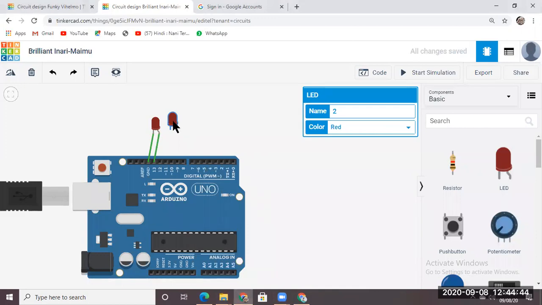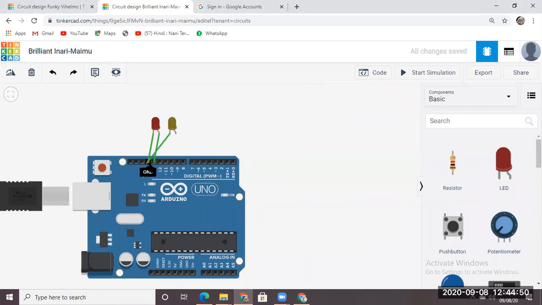We can also change the color of the LED, let's say yellow, and then connect it. The left goes to GND always. For any component we use in this Arduino, the left will go to GND and the right side will go to any pin number other than 13. We can connect it to 12 or 11, 10, 9, 8, something like that.